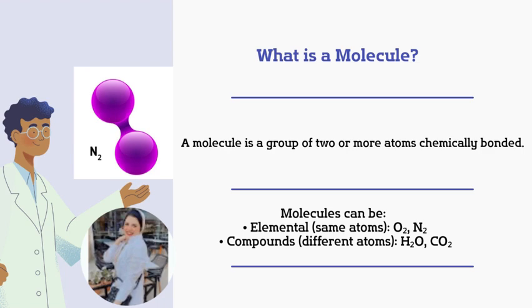Or molecules can be compounds, different atoms, like water H2O: two H atoms and one oxygen atom chemically bonded to form a water molecule. CO2, which is carbon dioxide: one carbon atom chemically bonded with two oxygen atoms to form CO2, carbon dioxide. Okay,